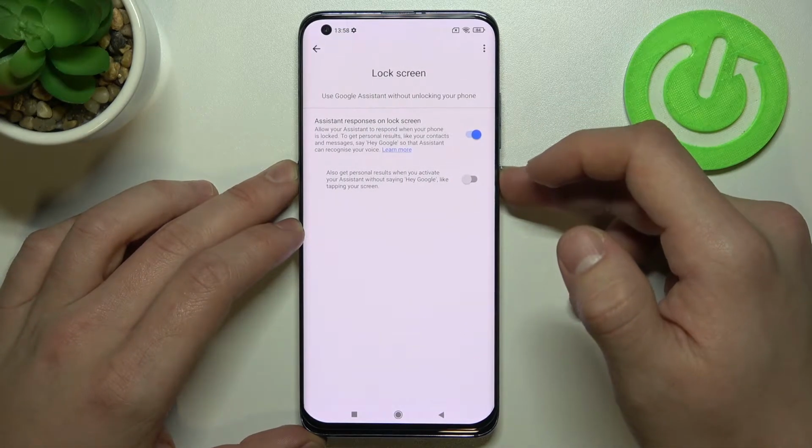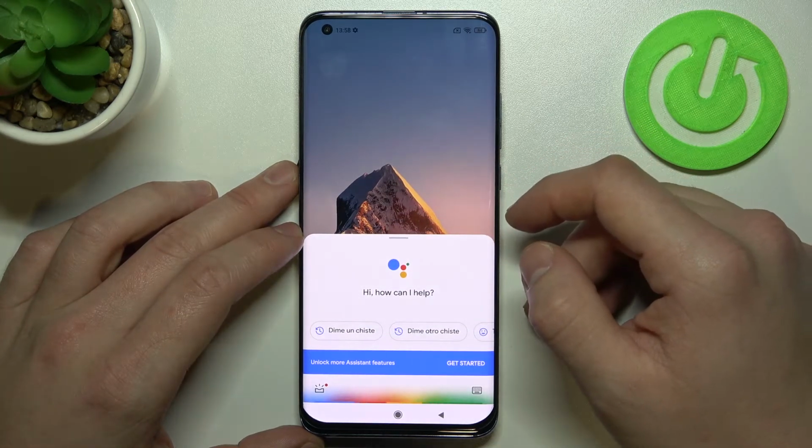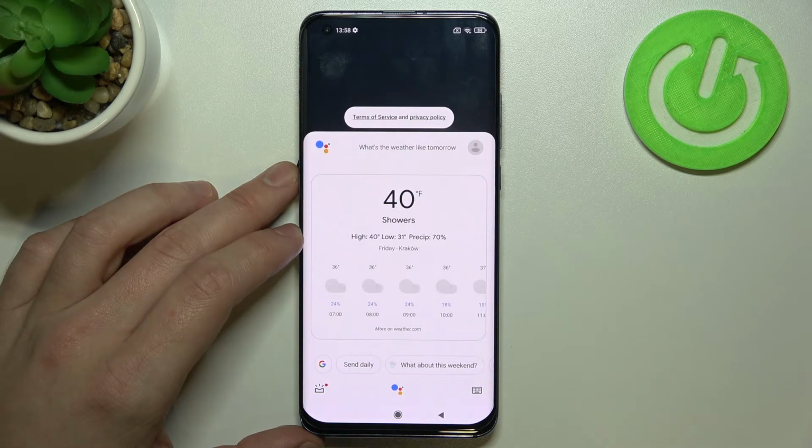Now you can simply lock the screen and say, "Hey Google, what's the weather like tomorrow?" There will be showers with a high of 40 and a low of